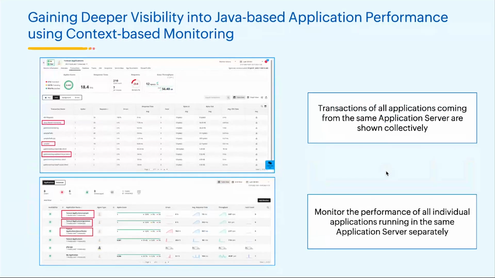If you're working with Java-based applications, context-based monitoring offers an even deeper level of performance insight. Normally, when multiple Java applications are running on the same application server, their transaction data is grouped together under a single web transactions tab. This makes it harder to differentiate how each individual application is performing. But with context-based monitoring, you can separate and monitor each Java application individually, even if they share the same